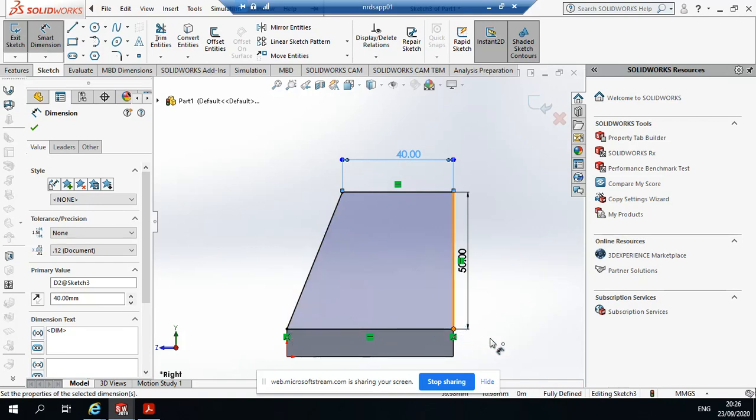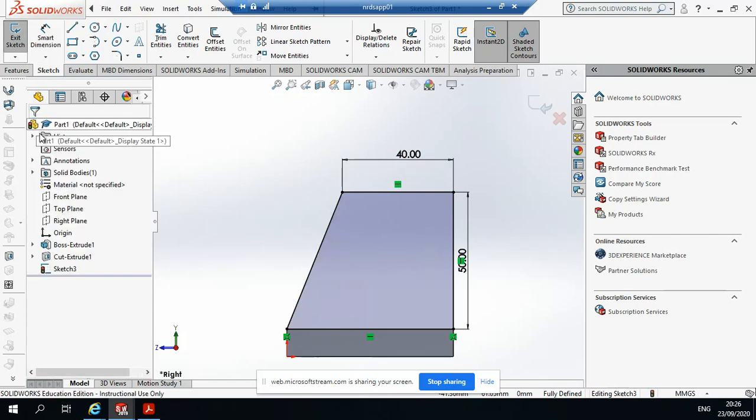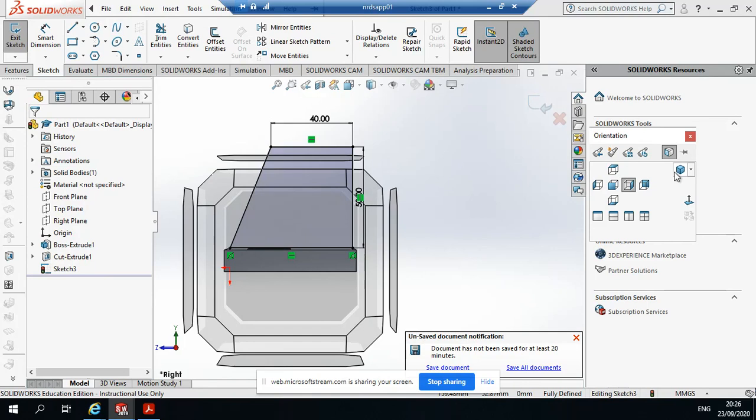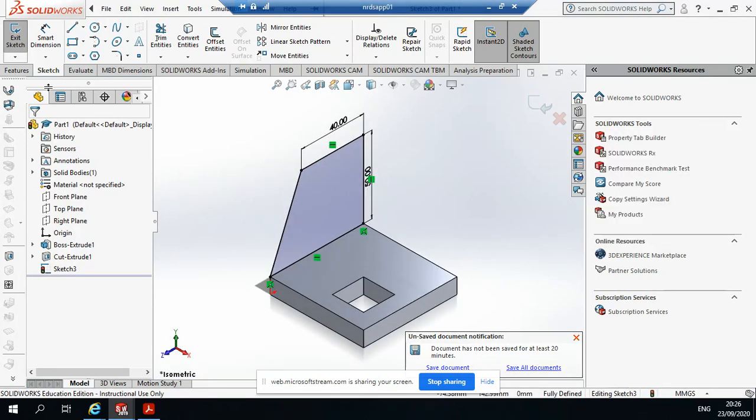So we're happy enough we've got the right shape now, and we can see we're fully defined. So SolidWorks is able to automatically calculate, okay, if that line's 40, it's horizontal. That line's 50, it's vertical. This line's horizontal. It can automatically calculate what that line should be, and it calculates the angle. We don't need to worry about that. So now we've got it. Again, double tap your spacebar, select your isometric view, and we want to extrude boss,